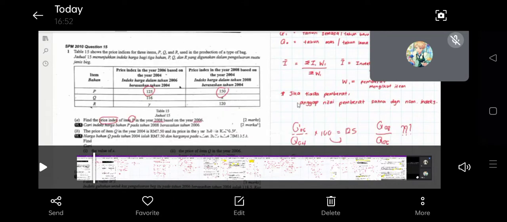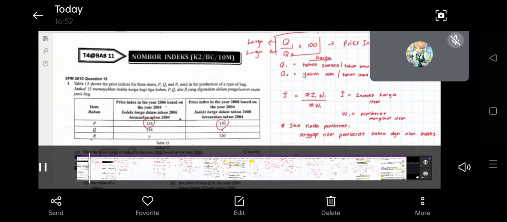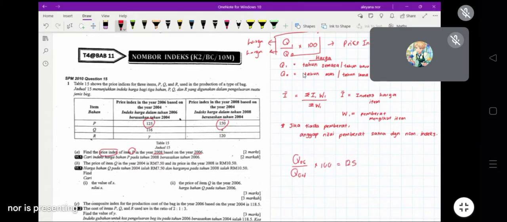Let's skip that and start from here. By this time we will use the formula. Sorry, I'll read out question A. Question A states: find the price index of item P in the year 2008 based on the year